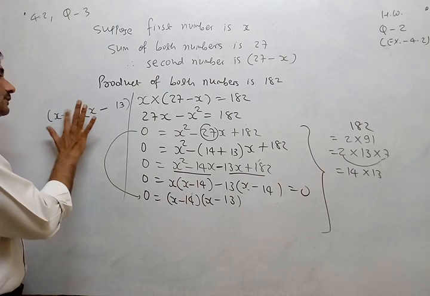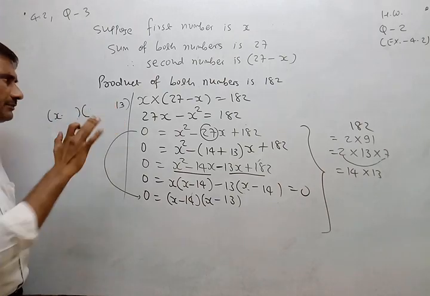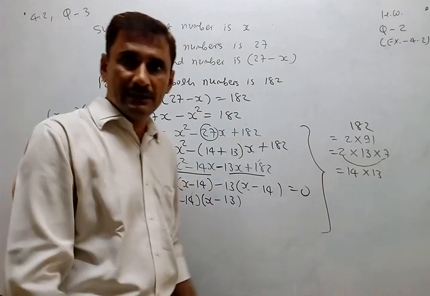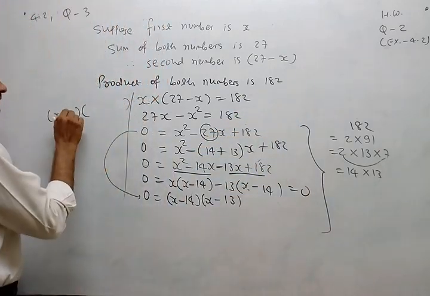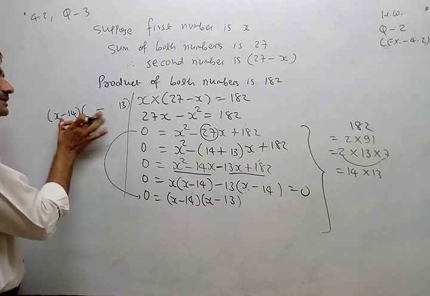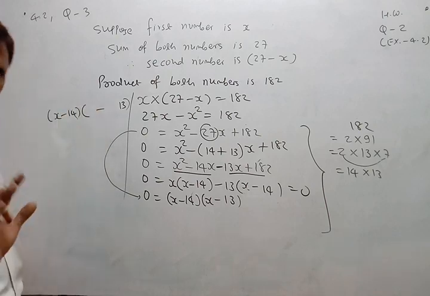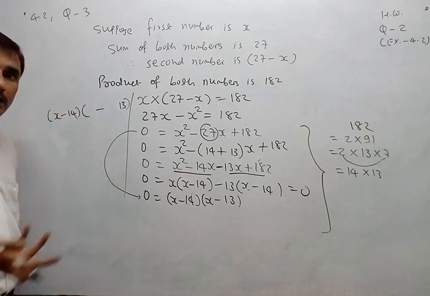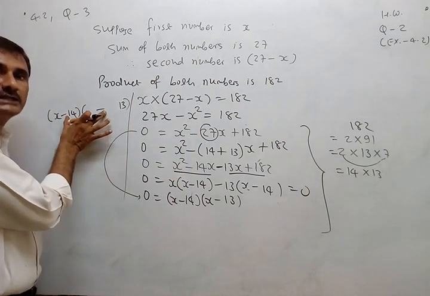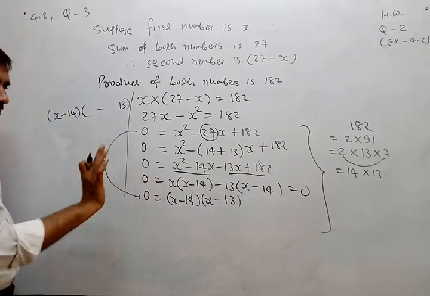First of all, write x or y, whatever may be given. Then write down both factors. The factors you have to decide separately. Then put the sign. Why have I placed the minus sign both ways? Because addition means same sign for both. But why not plus, only minus? Because I required minus 27. That's why. You understand?